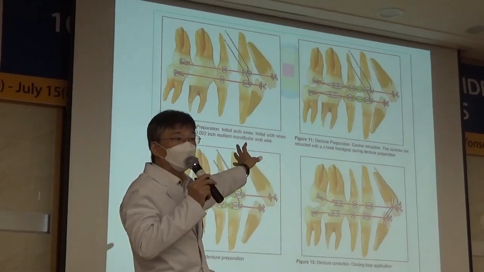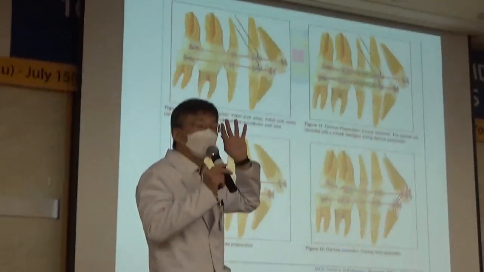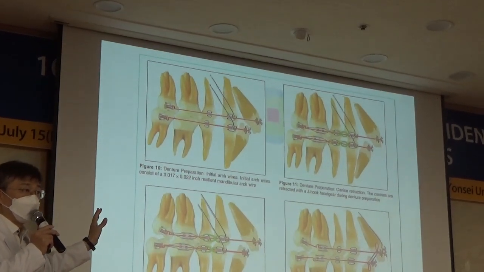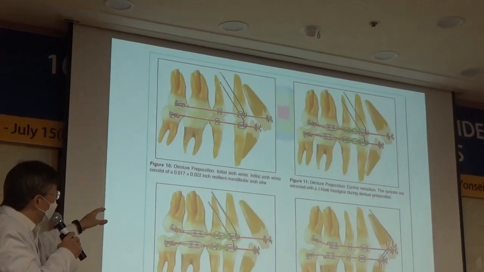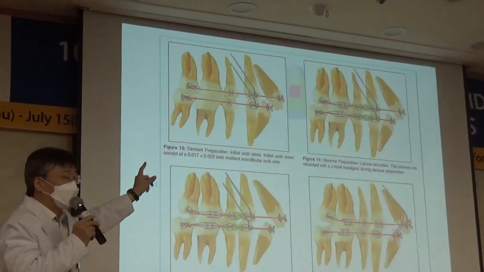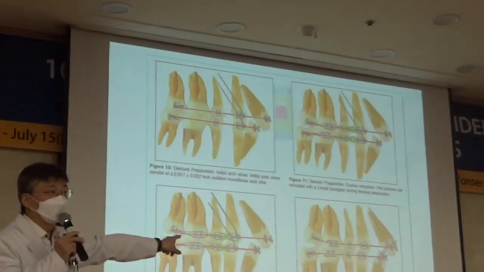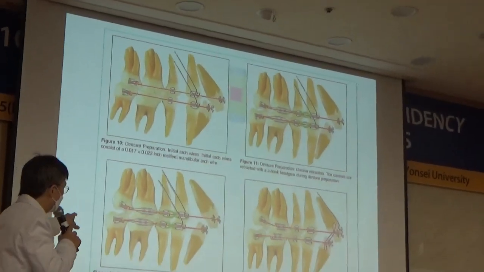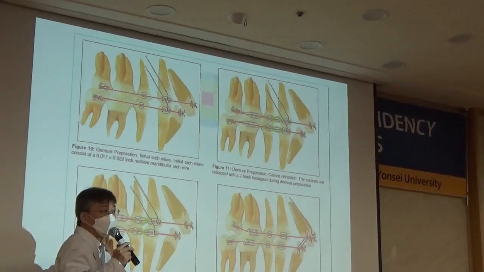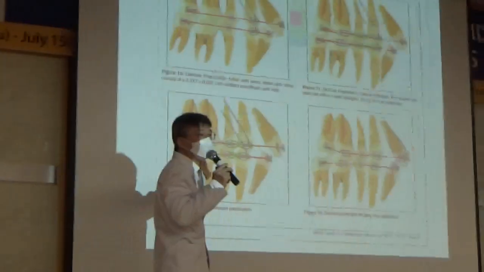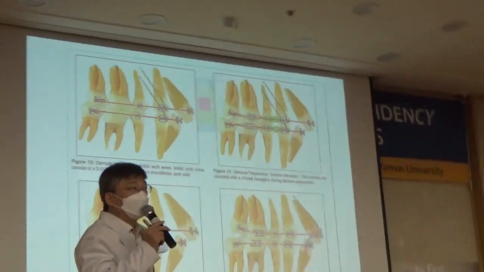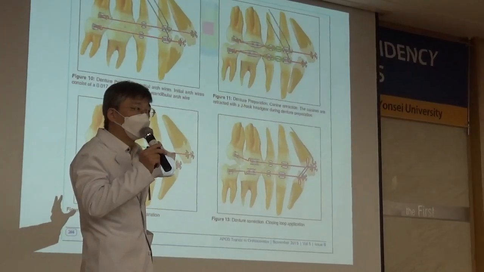It's so nice because without any thinking, you feel like, okay, this is a sequence of treatment. Number 1, number 2, number 3, number 4. And my question is, what is the arch wire for? What does it do? What if the tooth doesn't follow the arch wire? What should we do? So this is a typical example of cookbook orthodontics.